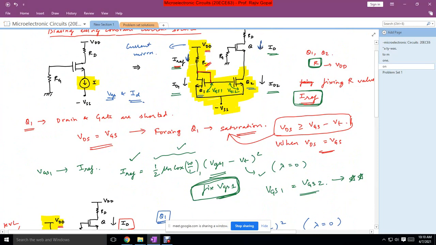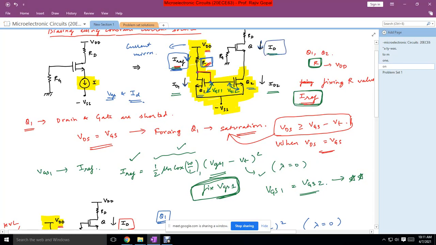Whatever I reference you get here can be controlled by the resistor involved here. So by controlling R, you can control I reference. By I reference, you can generate this VGS1, and this VGS1 and this VGS2 will both be the same because they are in parallel. The gate of Q1 is attached to the drain of Q1, a short circuit path which ensures that Q1 always remains in saturation, and the current flowing through Q1, which is ID1, is the same as I reference, based on the formula which we have derived.